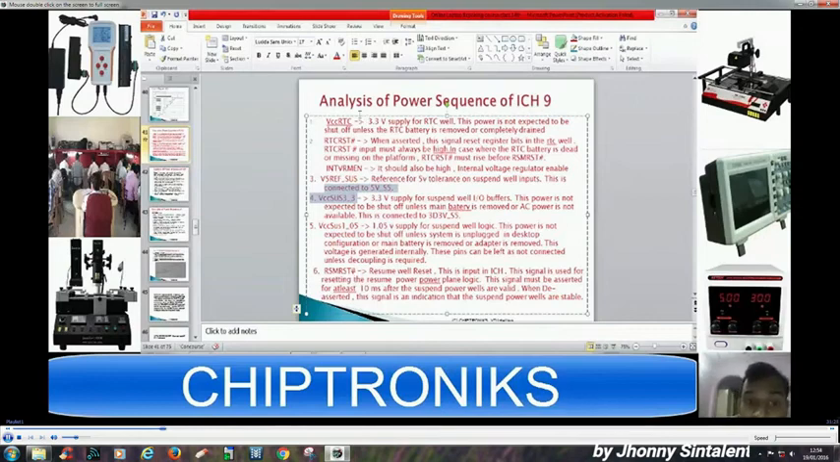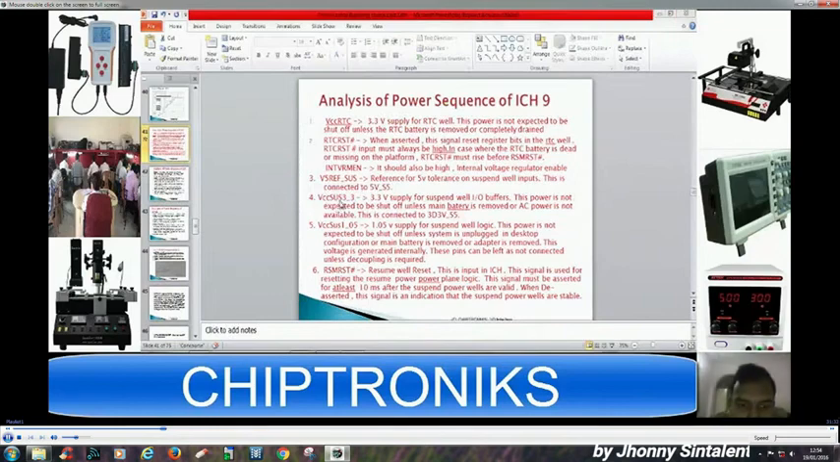So we have already checked the RTC well has turned on. The suspend well we have checked 5 volt. Now we'll check the 3.3 volt. Okay, so now we check this VCC suspend 3.3 volt. And we have already checked this 1, 2, 3, and we can